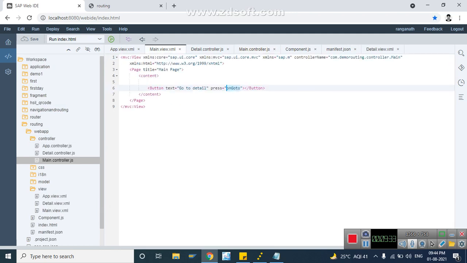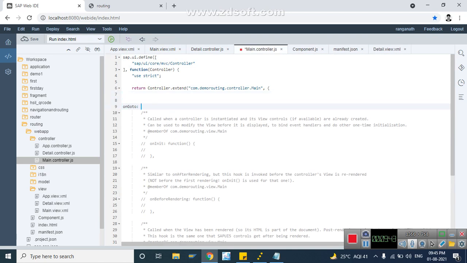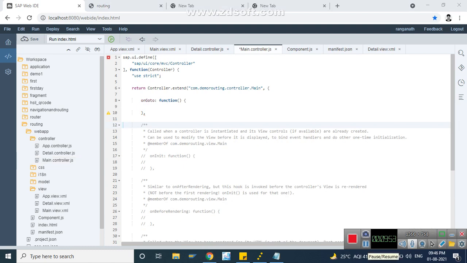Because from the main view we have the controller name linked to the main controller, so the business logic should be written in the main controller. So we have defined the onGoTo method.